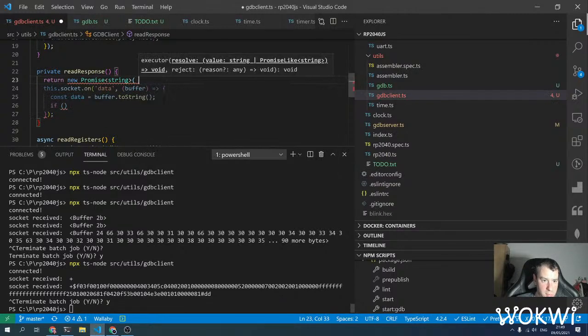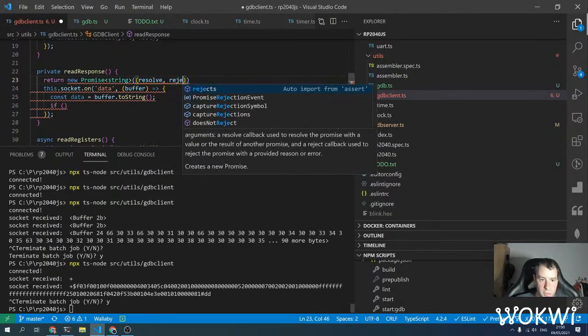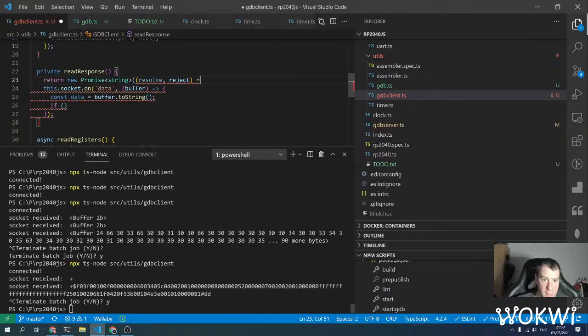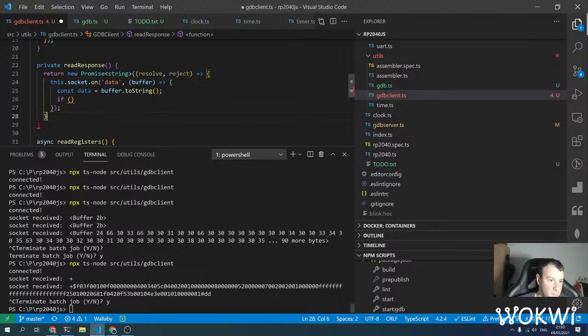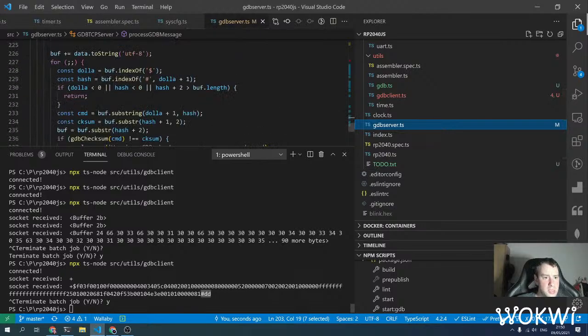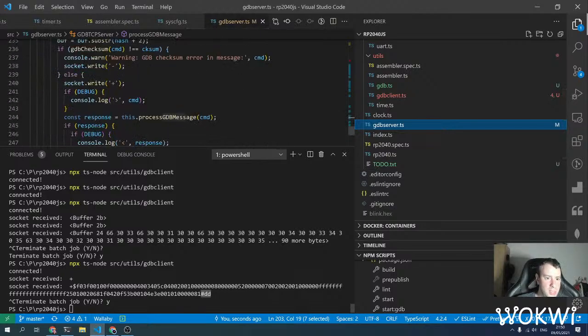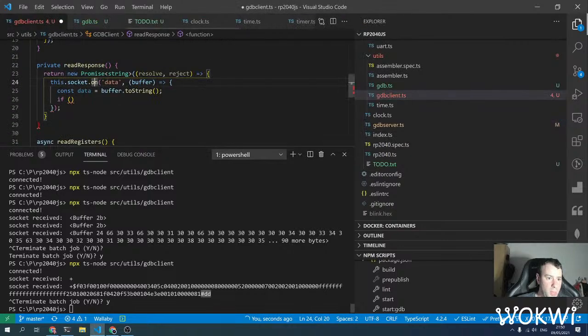And then we have resolve and reject. Whenever we get new data, we check this. We need some sort of a state machine here. Or, you know what? Yeah, it can arrive in multiple packets. So we need to have this hash sign and two more. It's actually pretty much the same as decoding in the GDB server, I guess. We just read until we get this hash sign, and then the